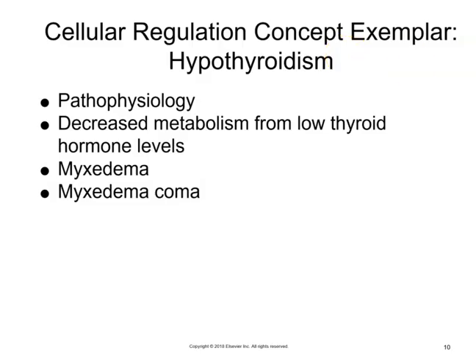Moving on to hypothyroidism. So the pathophysiology here is going to be that the thyroid cells do not produce sufficient amounts of thyroid hormones, and this results in a decrease of metabolic rate. So with hyperthyroidism, we had an increase, everything was amped up. With hypothyroidism, everything is slowed. So decreased metabolic rate, everything slows down. This is going to cause the hypothalamus and the anterior pituitary gland to release TSH, and that's going to be in an attempt to kickstart the thyroid gland.